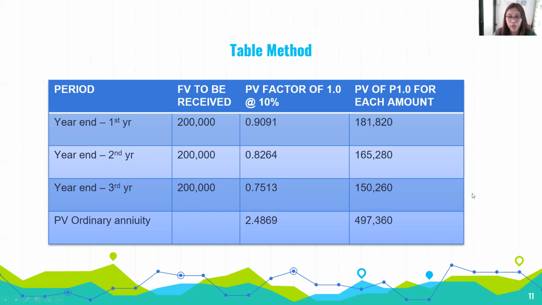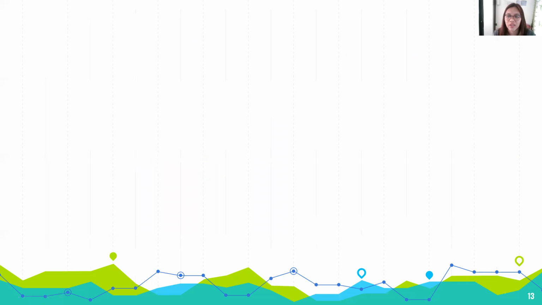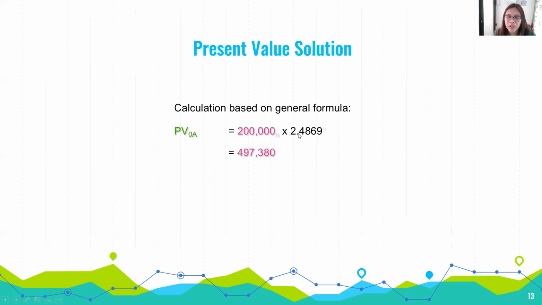Okay, next. If you're done. If you're going to use the formula, this is also its formula. And when we compute this, it will result in the present value factor, ordinary annuity, no? Okay, so here it is. The ordinary annuity, it's just the same as earlier. The total of the amounts per year. So, what we do there, when I was studying, just M plus. Okay? So, next.